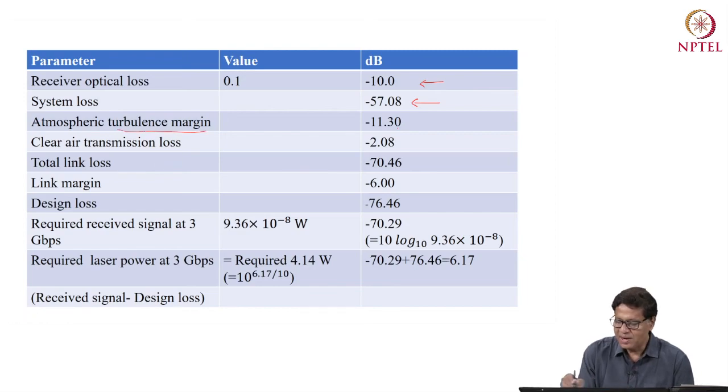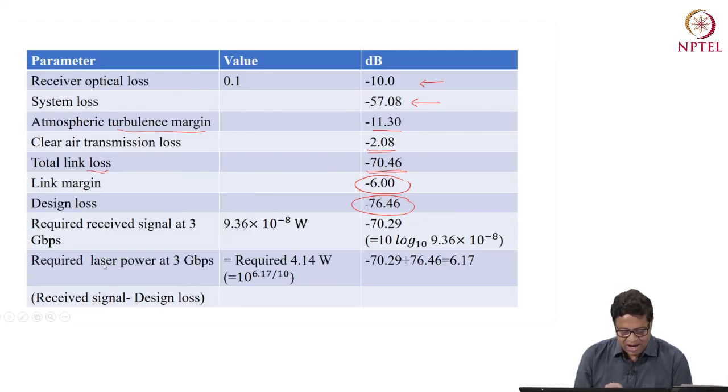I have kept some turbulence margin of 11 dB. This turbulence we will discuss in detail because there will be issues because of atmospheric turbulence. So I have kept this at minus 11.30 because over such a long distance you will encounter turbulence. Clean air transmission loss is quite less because we are talking about space to ground, and a good part of the distance will actually be clean air where the loss will be very low. So the total link loss becomes minus 70 dB, and I want to keep a link margin of 6 dB. This is generally kept to take care of any issues which might come with time. So the total design loss is minus